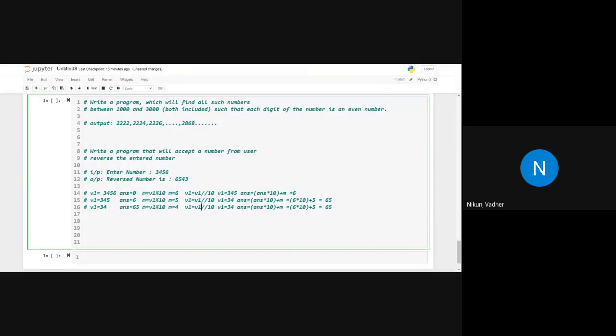V1 equals V1 divided by 10, so here it will be 3. Answer equals answer into 10 plus M: 650 plus 4, so it will be 654. Next iteration.